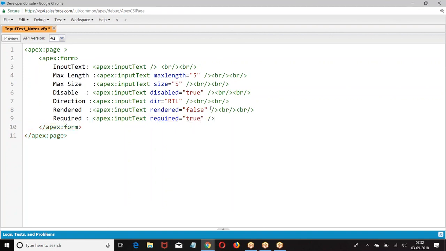So you are making the field required. Now you already have an input field, then why are you going for input text? Boss, I am not referring to data from a table. If you want to refer to data from a table with exact properties, then I will go for input field. But here I want to create my own box. Now it may be referring to a variable in the class. It may be referring to an sObject.